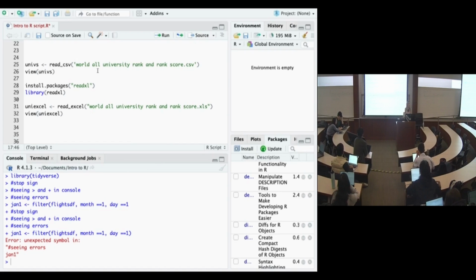I'm saying this is a university data set, but I'm lazy and I don't want to type university data set, so I called it univs. In my brain, that's what makes sense. You can use whatever you want. This is what I'm creating, and R knows I'm creating this because of the assignment operator that we went over before. So R is saying, this is new, and the value of that is going to be everything that comes